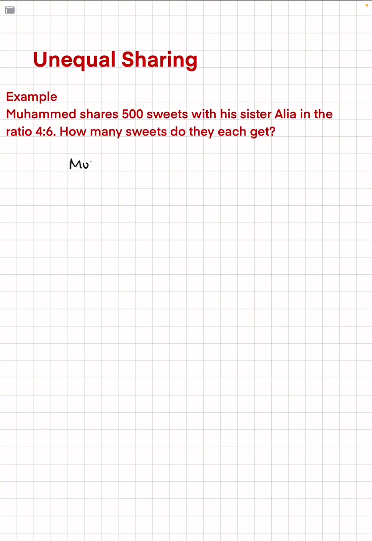So the sweets are shared between Mohammed and Alia in the ratio 4:6. To work out how many sweets they each get, we need to work out the total number of shares. So the total shares is 4 plus 6,